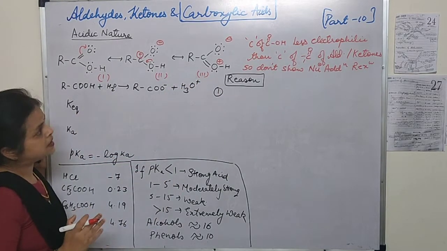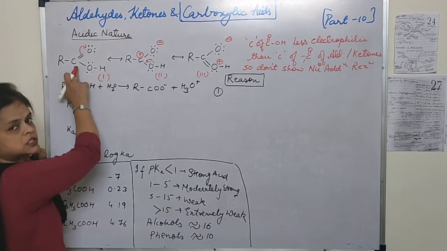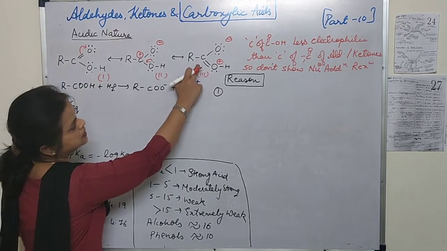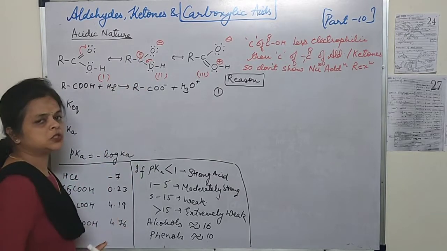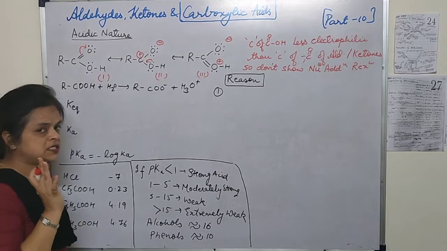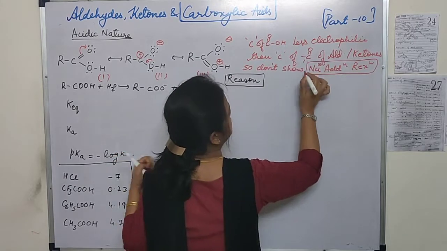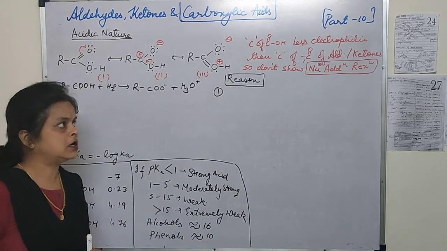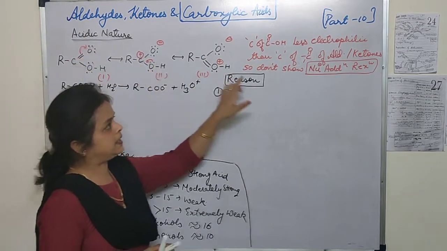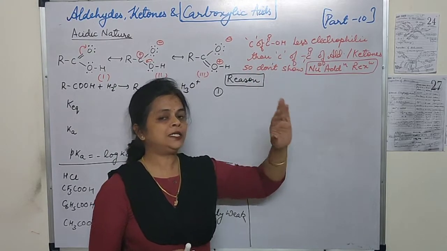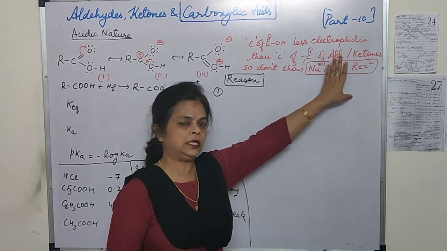Okay. Now, if you carefully see these three structures, students, you will notice that in first, carbon is not having positive charge, and in third, the carbon is not having the positive charge. Only the second structure is showing the positive charge on the carbon. So this is a very important reason that they don't show nucleophilic addition reaction. Many times this question is asked: carboxylic acids have the C=O group as aldehydes and ketones have, but they are not showing the nucleophilic addition reactions as shown by aldehydes and ketones.